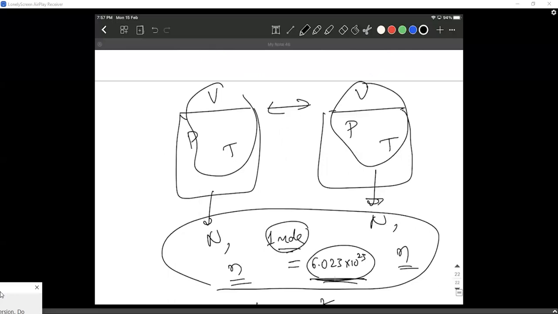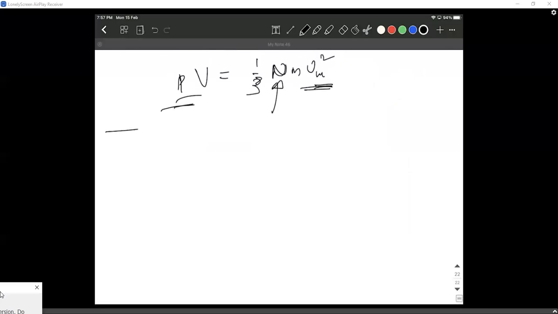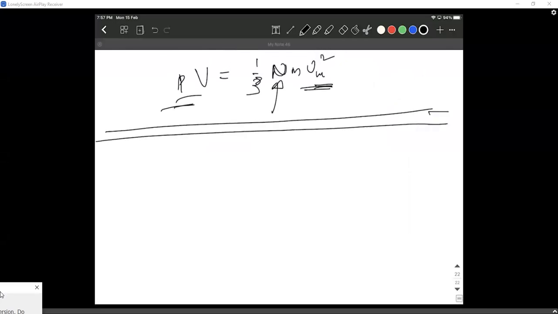He makes a statement: with same pressure and temperature, equal volumes must have equal number of moles, irrespective of the type of gas. Equal volumes must have equal number of molecules or equal number of moles. Okay, and after that there are these two small laws which don't really look that important, but they actually are.